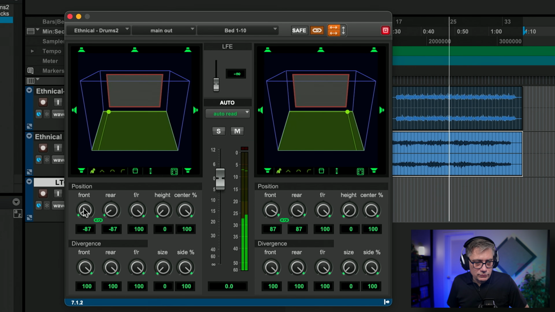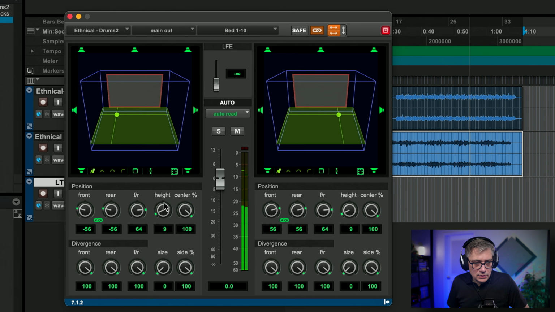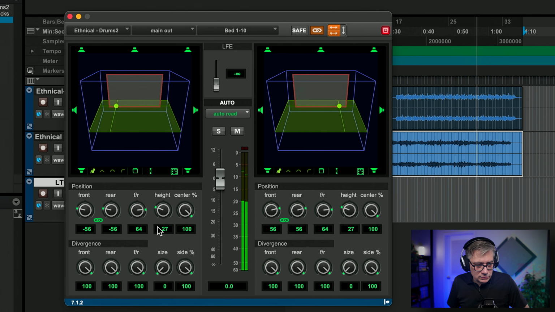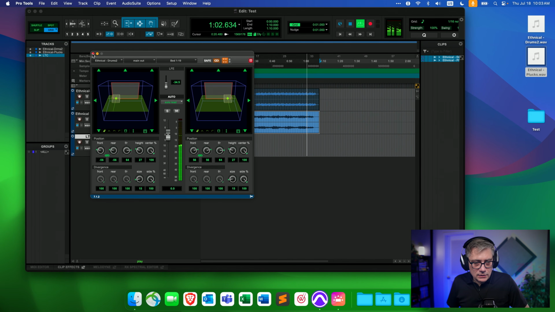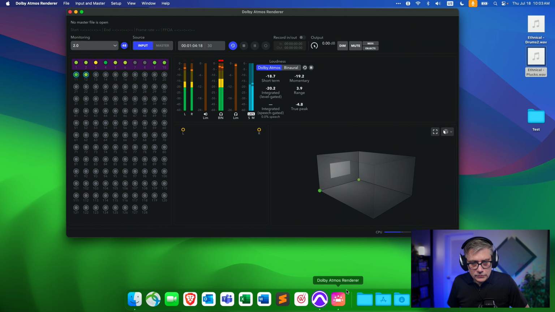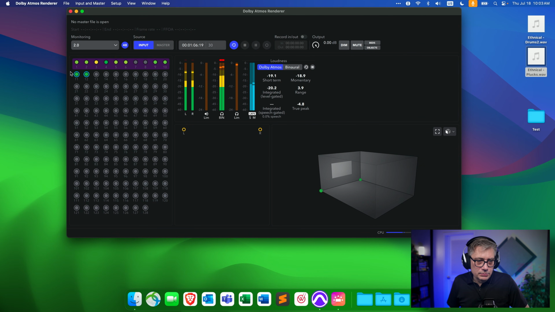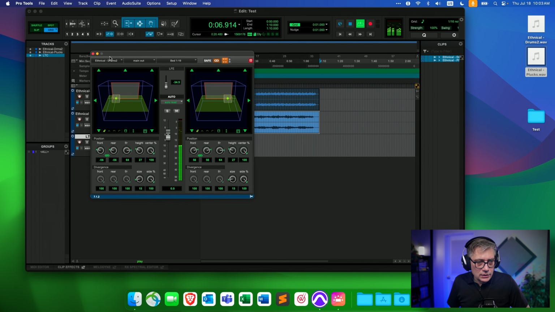So let's move that a little bit back, a little bit upwards, and maybe increase the size a bit, and then put some LFE in there. And that should now essentially be pretty much everything, but two of the head channels, the rear channels, are not there yet. Okay, so let's also move the object a little.